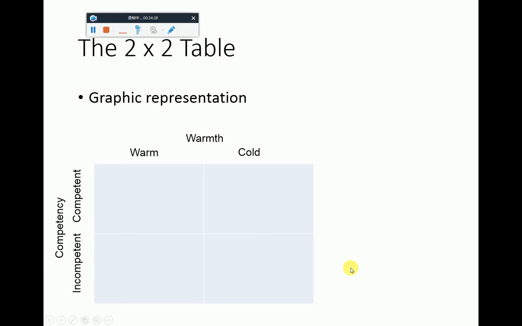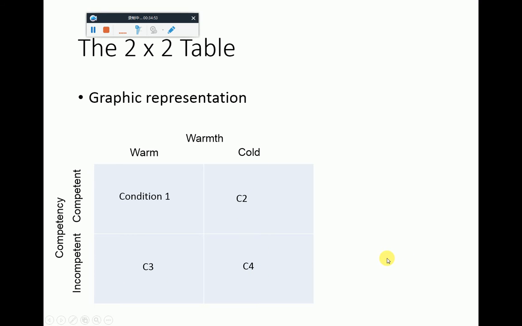Right? So now we should be rather familiar with this graphic design. Alright, so now we should have a pretty good understanding of what this table means, right? With four conditions formed by the two factors, each of them having two conditions or levels. So here we describe Aaron as warm competent, here we describe Aaron as cold competent, here we describe Aaron as warm incompetent, and here we describe Aaron as cold